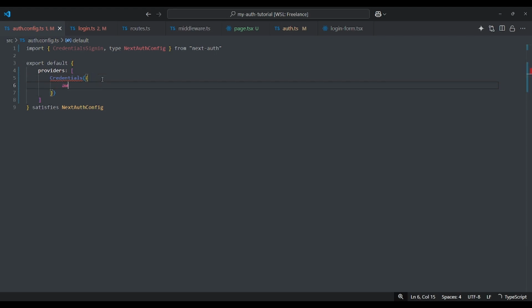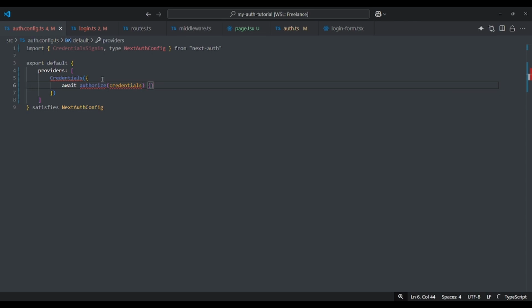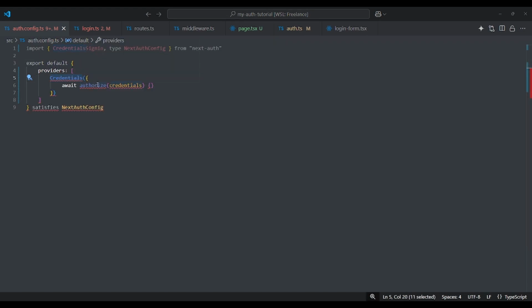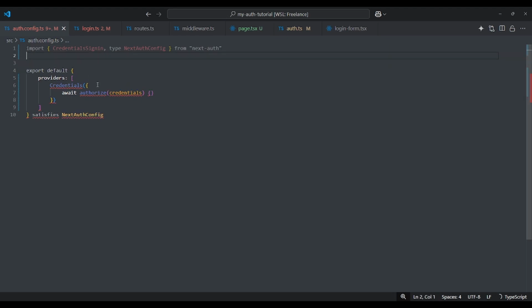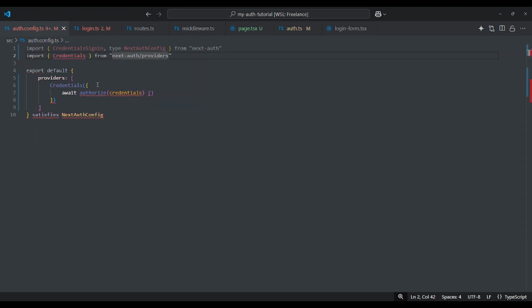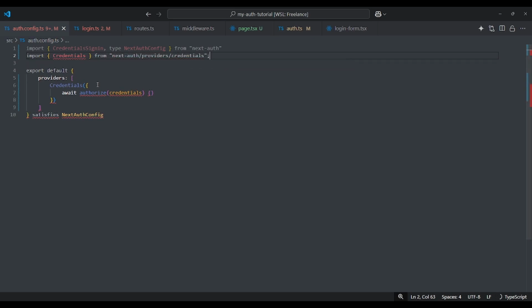And here we are going to authorize with the parameter credentials, and this is a function. It has an error because we need to import credentials from nextauth providers credentials.